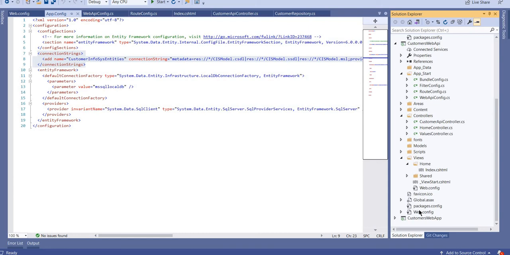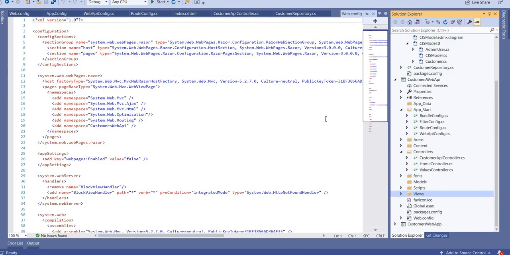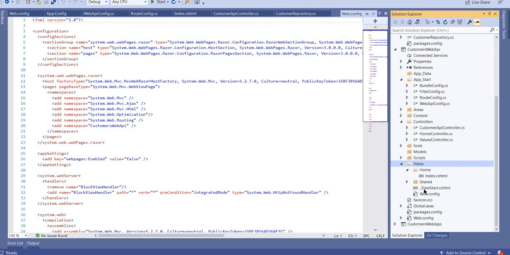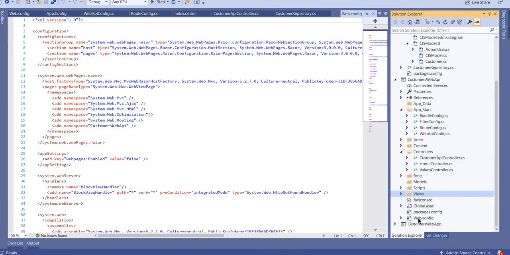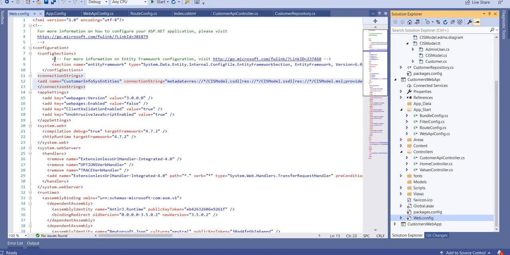And remember, don't paste it in the web.config file which is inside the views folder. I don't want that one. You have to paste it into the main web.config file. Here, paste it. So first, you have to copy to the web.config file.